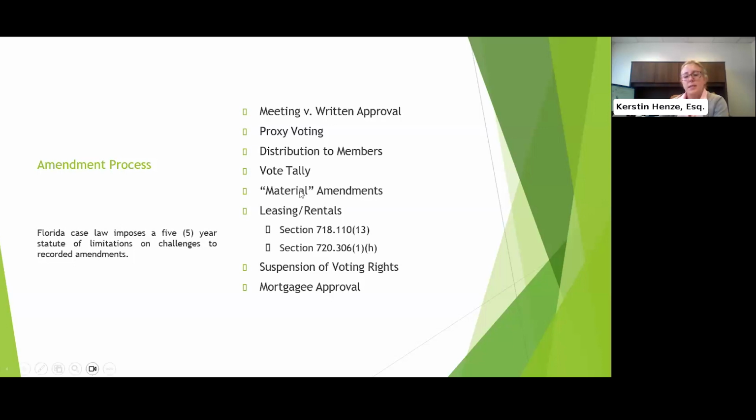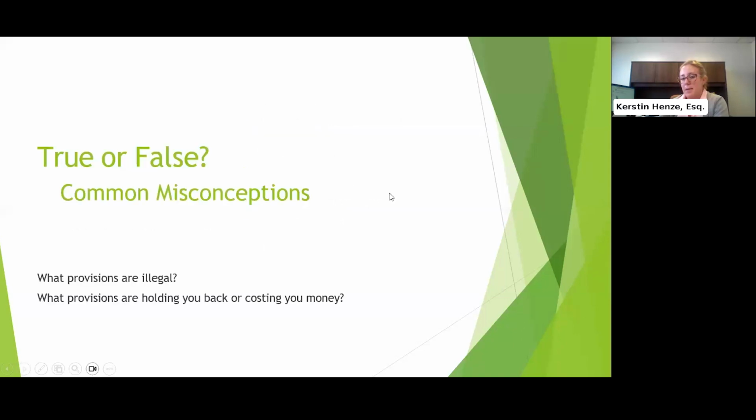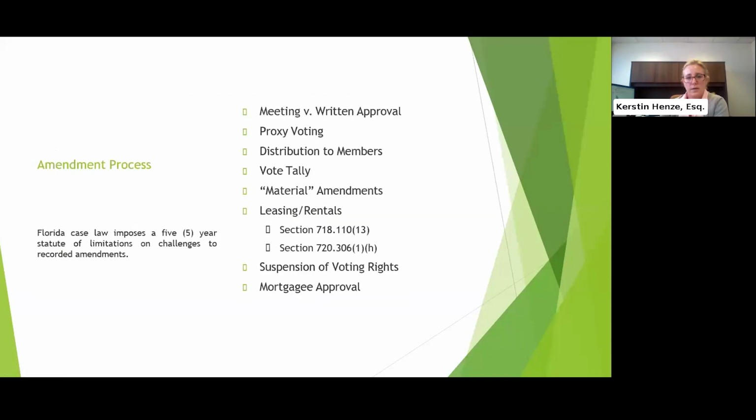Now, material amendments. Some amendments might be considered material. Those typically are amendments that, for example, change the voting percentage of the membership, or the percentage in the common expenses that owners have to pay to the community, or the percentage of the common elements owned by owners.